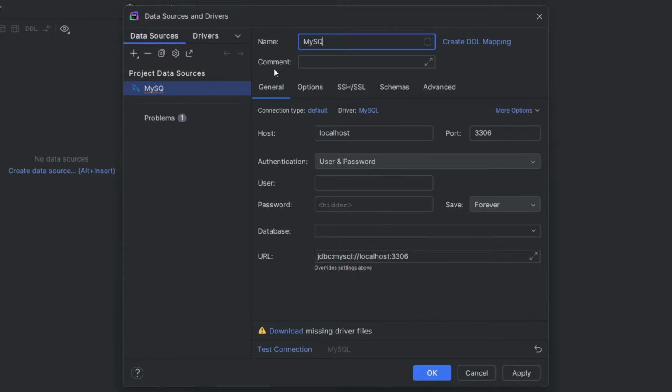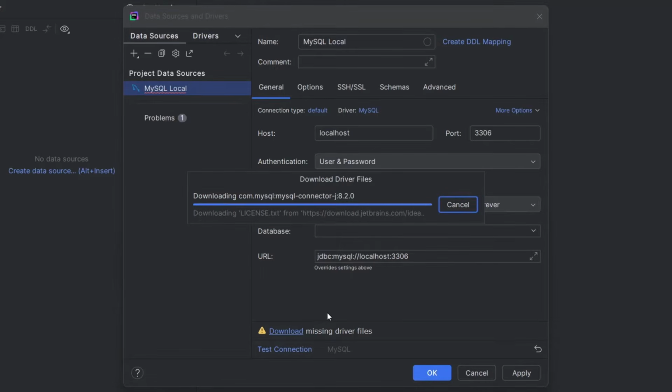I'll start by changing the name, which is what the connection is shown as in the database panel. There are a lot of settings you can change here, which I imagine depends on the database vendor you've chosen. For me, I have a simple MySQL installation on my computer, so I can just enter the username and password. There's a comment here about missing driver files that I need to download. This is because DataGrip doesn't come with all of the possible drivers. You can just download the drivers for the databases you need.